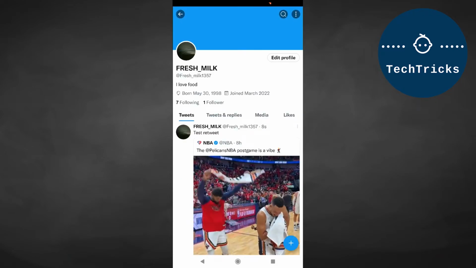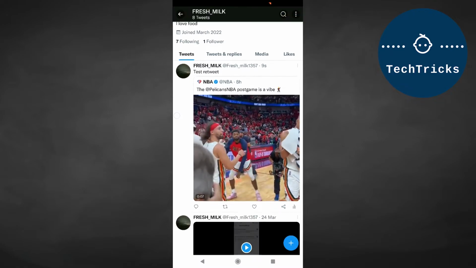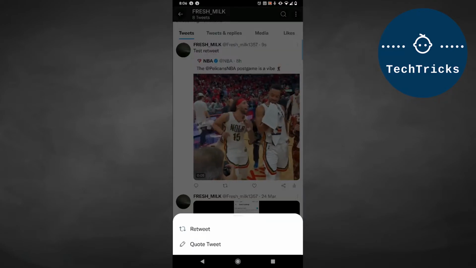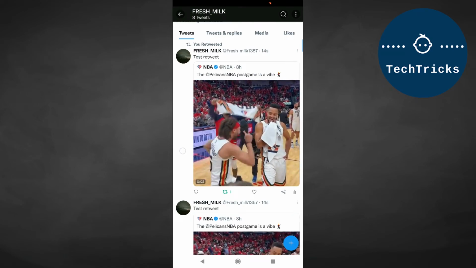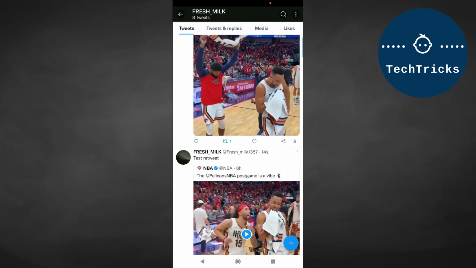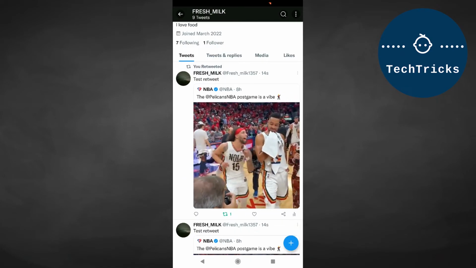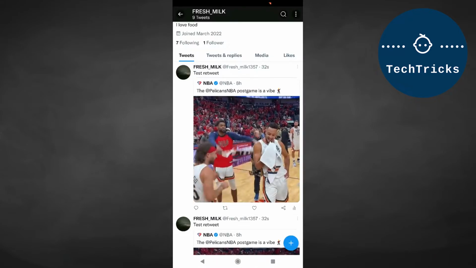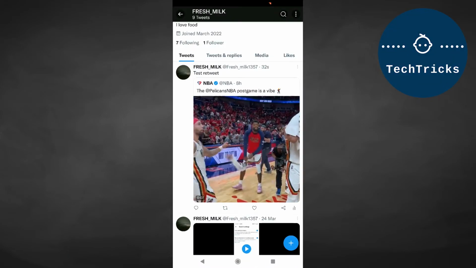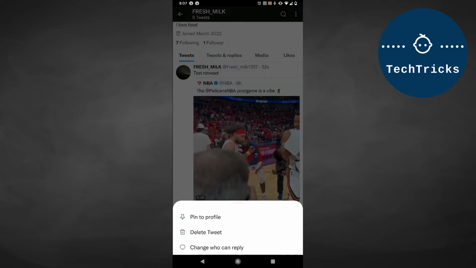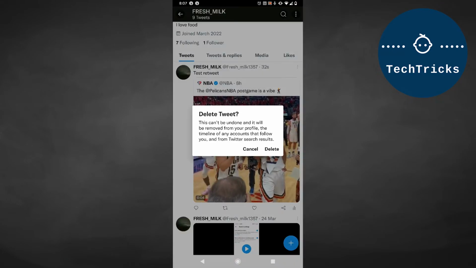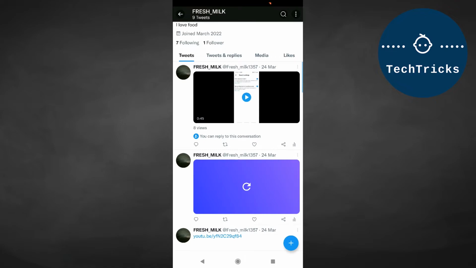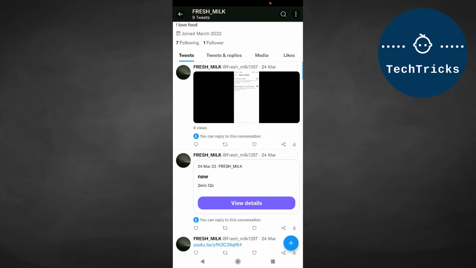Now, there are two ways for you to actually remove your Twitter retweet. You can choose undo retweet by clicking the retweet button first, or you can click the three dots button on top of the retweet and then choose delete tweet. Just confirm that you want to delete the retweet, and that's pretty much how you remove a retweet from your